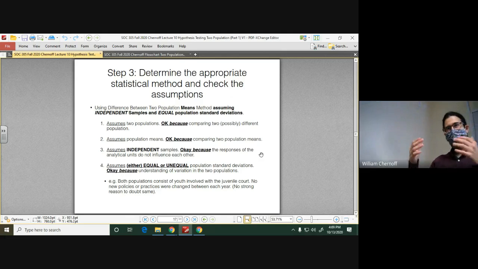So you want to think about your two populations. If you can clearly find some reason why one population is going to be more consistent than another, then you have to make the unequal population standard deviations claim. But if you think really hard and you can't find a good reason for why one would be more consistent than the other, then it can be safe to say that the equal population standard deviations assumption is satisfied.